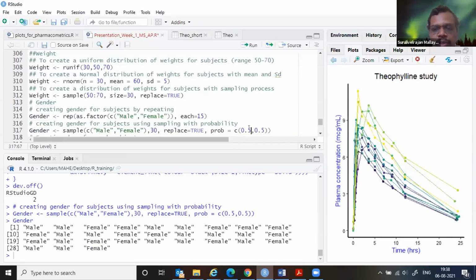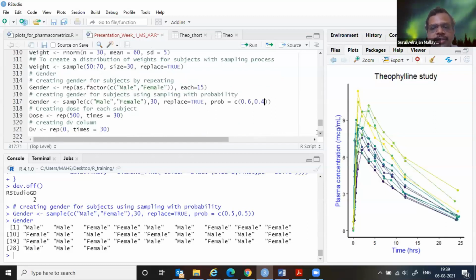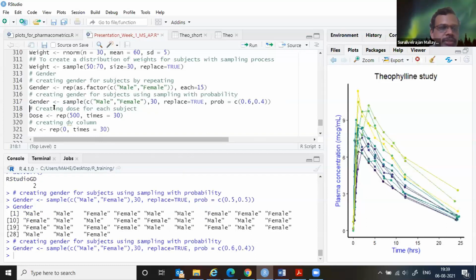So what I will do is put 0.6 and 0.4. The total probability should be 1. What this says is male and female in the ratio of 60% male, 40% female. How good is this code at generating that particular vector?